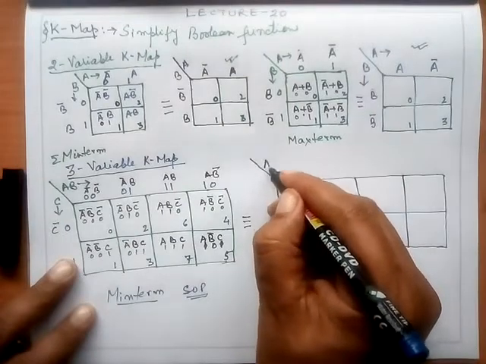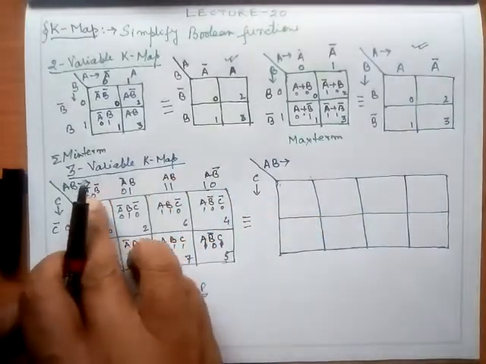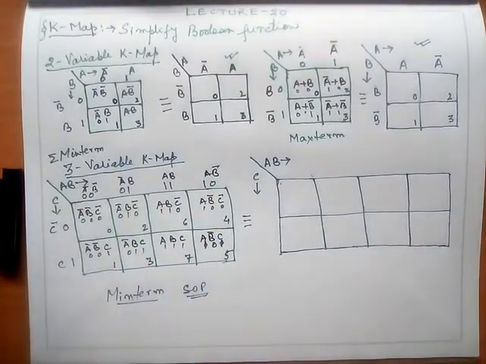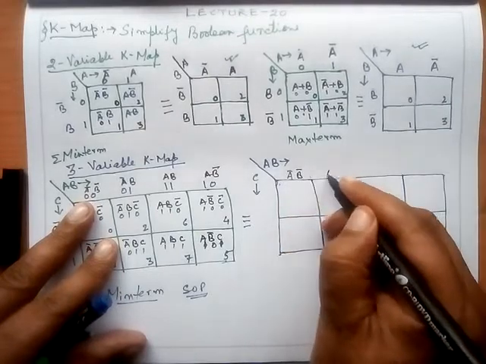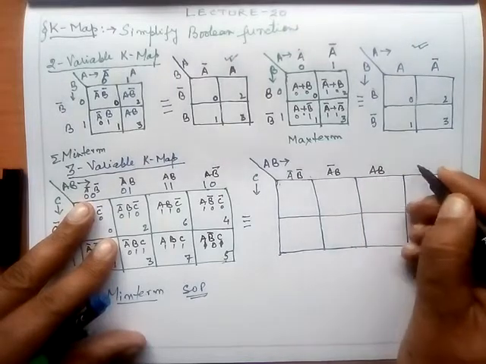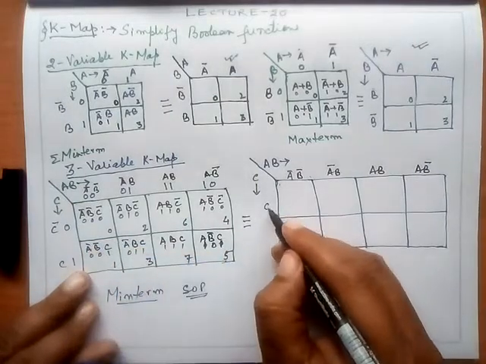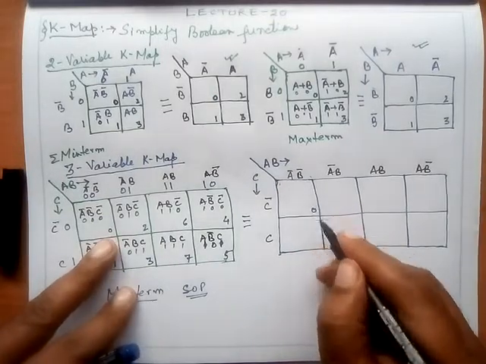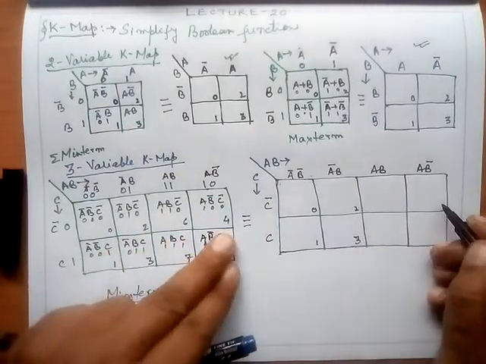On one side I write AB and on this side C. Either I write in binary bits form or in variables form. I find it comfortable to write in variables form. So I write this as A bar B bar, A bar B, AB and AB bar. I hope this is clear to you. And this is C bar and this is C. The decimal equivalent of this is 0, 1, 2, 3. I have told you how. 0, 1, 2, 3, 4, 5,